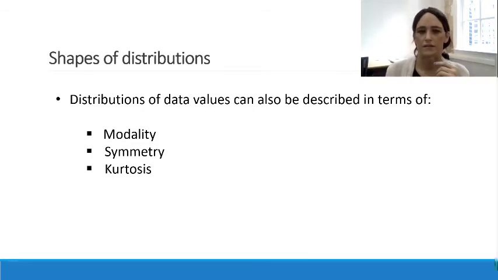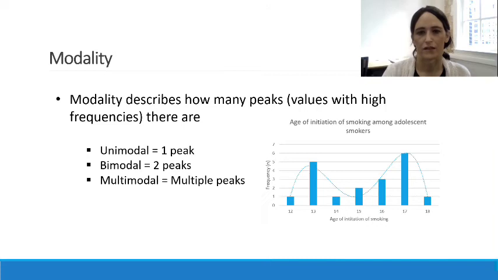So we're going to look at things like modality, symmetry, and kurtosis, which are terms that describe the shape of a distribution. I realize these terms are unfamiliar, so I'm just going to quickly go through some of these. We're not going to spend a lot of time on these, but they can be important for identifying situations where we may need to be mindful of needing to use different approaches because our assumptions about the distribution are not